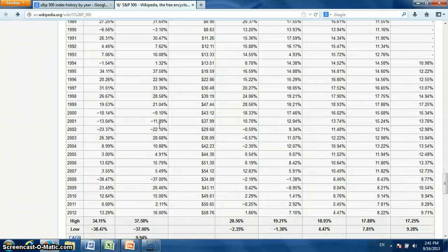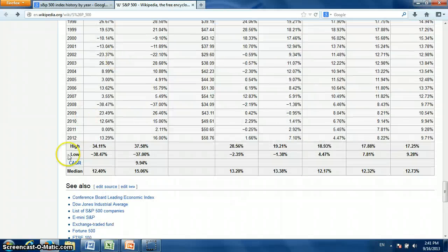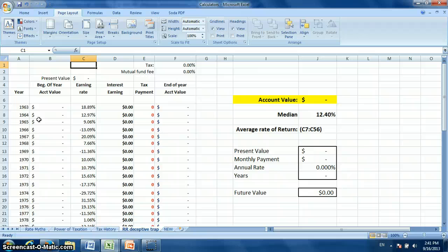Now, why did I choose an index fund like the S&P? Well, there are many studies that demonstrate that an index fund will beat a mutual fund more than 90% of the time, and that is just a fact. As you can see here on Wikipedia, they say that the median is the 12% that we were talking about. Now, the median really doesn't make any sense, and to prove it, I'm going to go to my